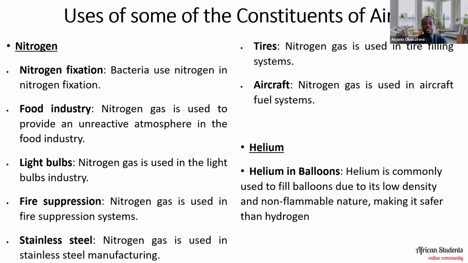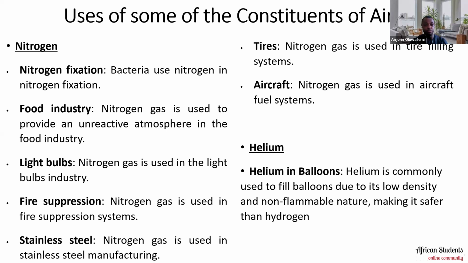So, uses of some of the constituents of air. We are still looking at it. Nitrogen is another constituent of air. In fact, it is the major constituent of air. Nitrogen can be used by bacteria in what we call nitrogen fixation. Nitrogen is also used in food industries, in which a nitrogen atmosphere is created. It creates an unreactive atmosphere in the food industry, and it reduces spoilage and the growth of pathogens